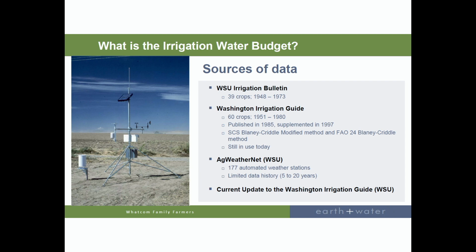The Washington Irrigation Guide has been around since 1985 and is still kind of the go-to for calculating how much water you're using for different kinds of crops. There's more sophisticated data, a lot of it better on the east side where most of the weather stations are, but there are real-time data sources that can tell you how much water you should be using. And there are some updates going on right now to the Washington Irrigation Guide